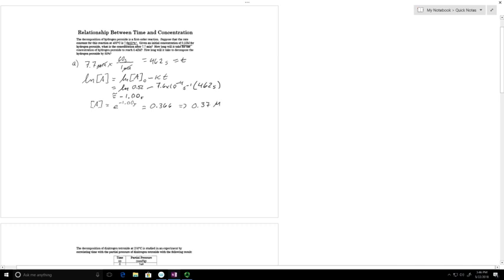So after 7.7 minutes, our hydrogen peroxide has gone from a 0.52 molar hydrogen peroxide to a 0.37